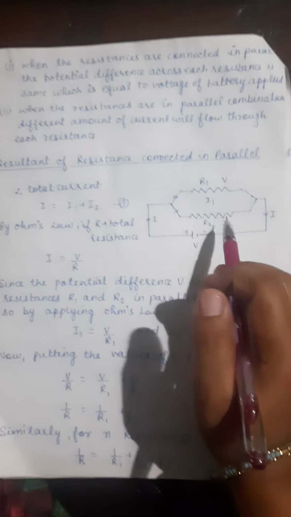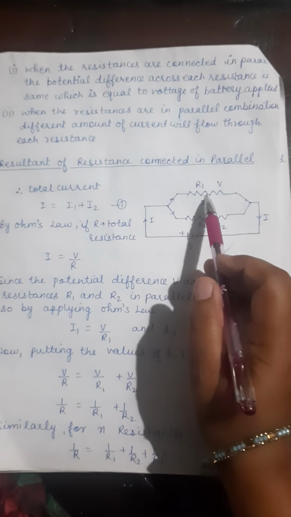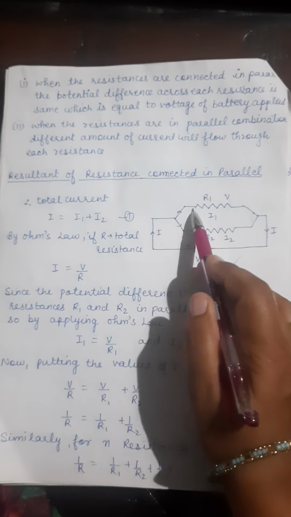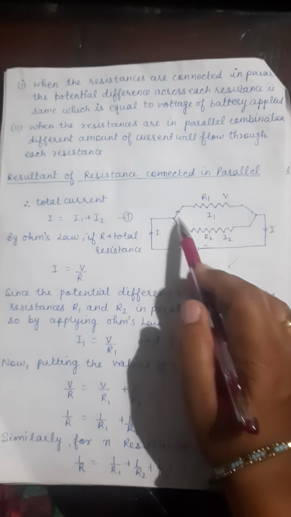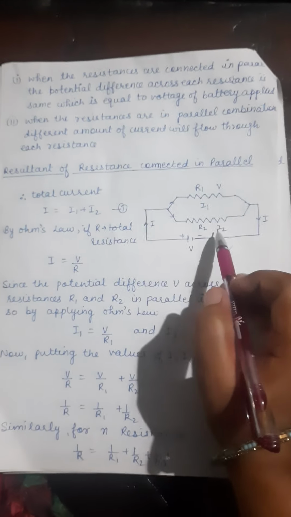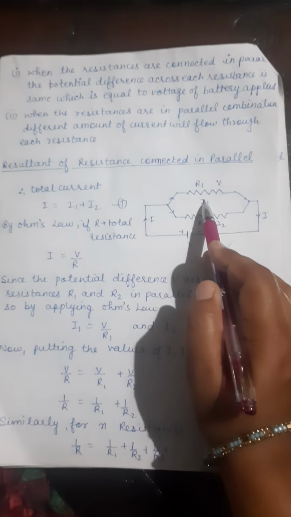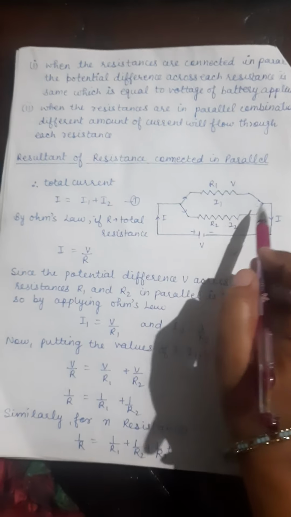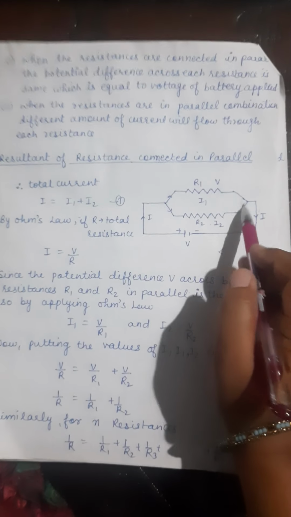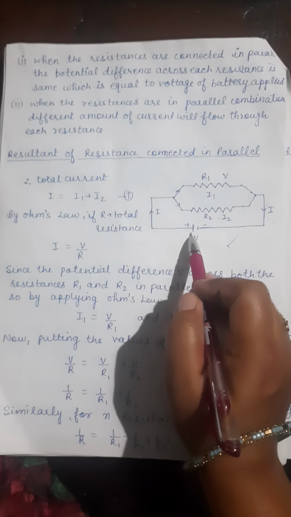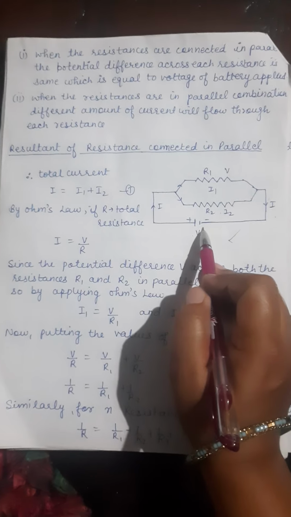Let's see how. You can see here we have taken two resistance wires R1 and R2. We have connected both of them at the common ends, and this is the current I flowing in the circuit. V is the potential difference. As you know, in parallel the potential will be the same. This is the current I1 and this is I2. The current will get divided from I into I1 and I2, and from here again by joining we will have the current I. This is the potential difference by which we have connected the battery. This is the positive terminal of the battery and this is the negative terminal.